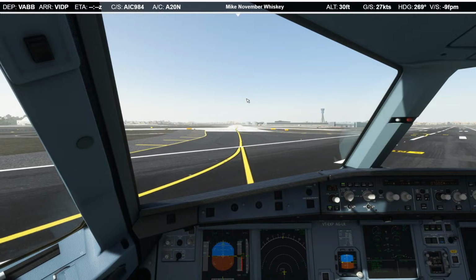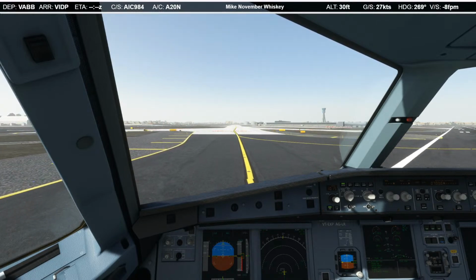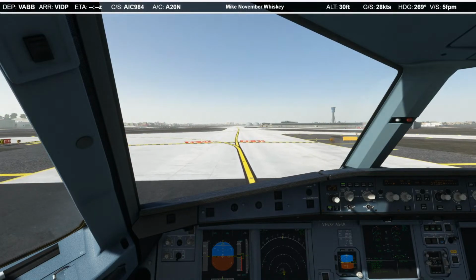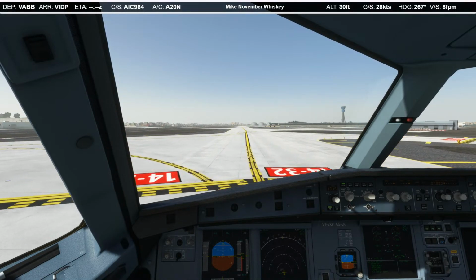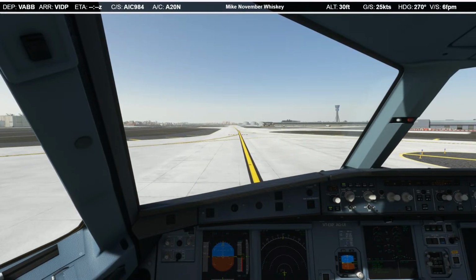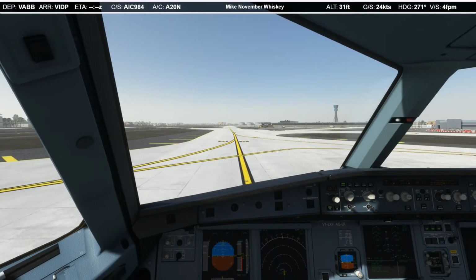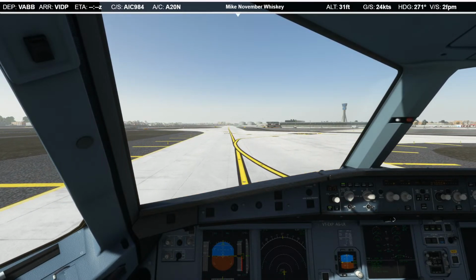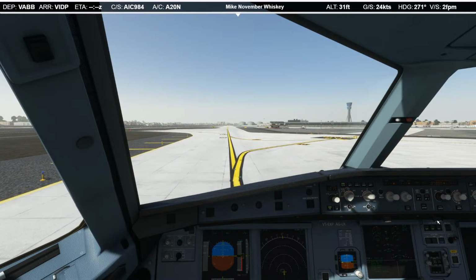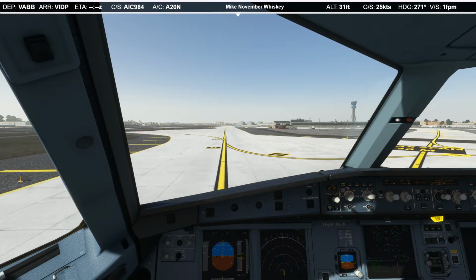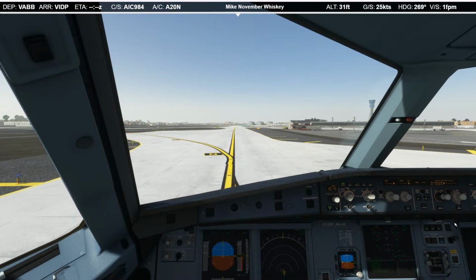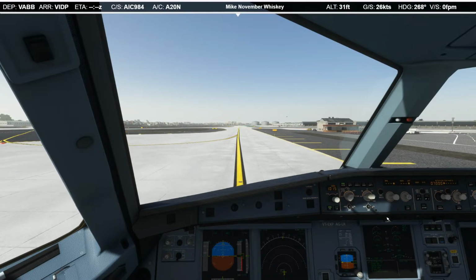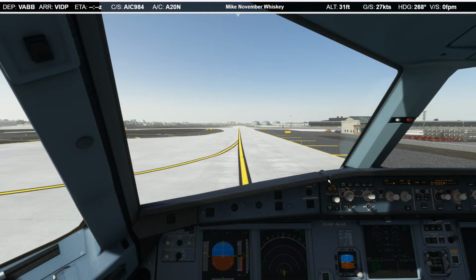So flight controls checked, flight instruments are checked, briefing is confirmed, flap settings confirmed, V speeds are set, ATC is set for takeoff down to the line. We're looking for November 11.